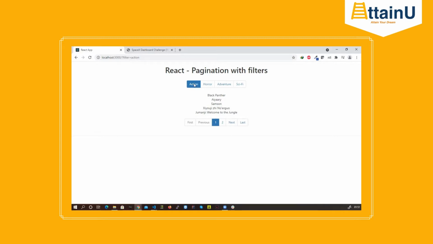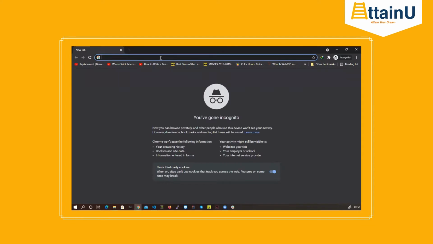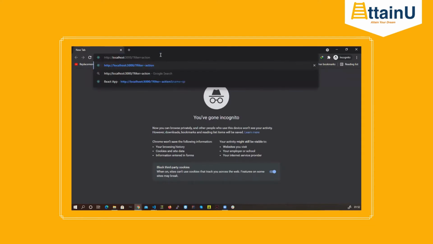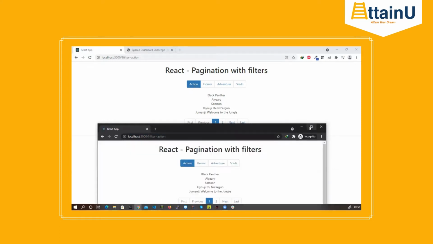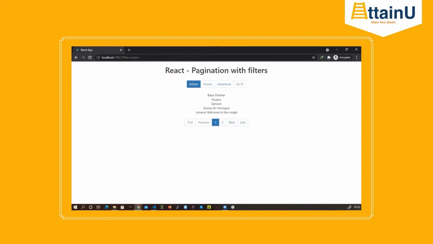Now you see, as soon as I clicked on action, my URL changed, right? And if I share this URL with a friend of mine, he should also be able to see the application with the action filter applied. So let's see. You can see action is applied by default. This is what we're going to discuss here. You can keep on changing the filters here. So that's the basic application.